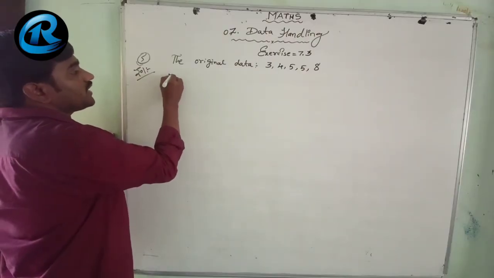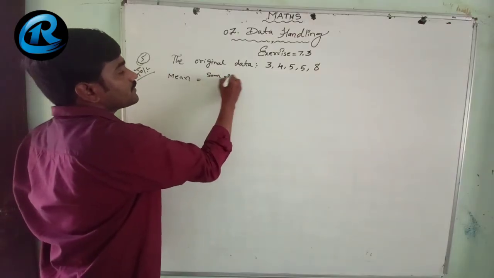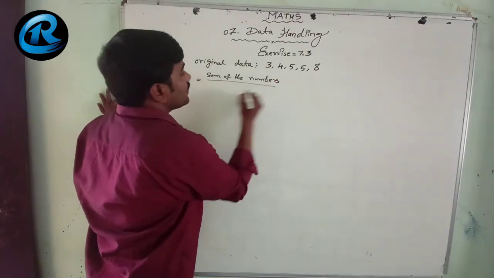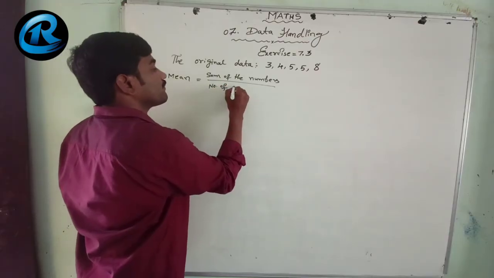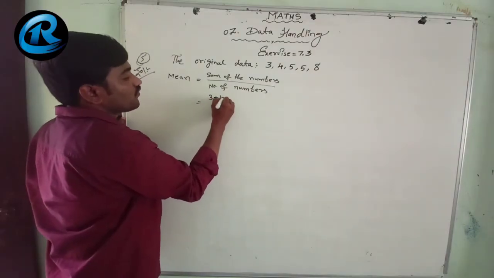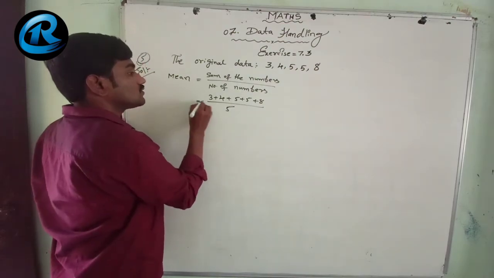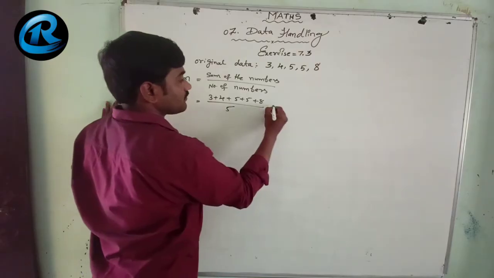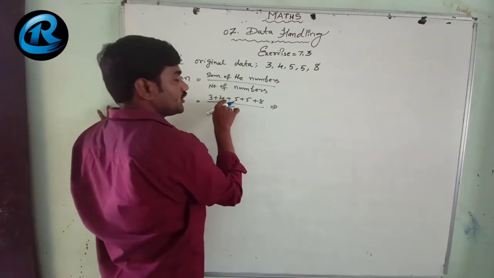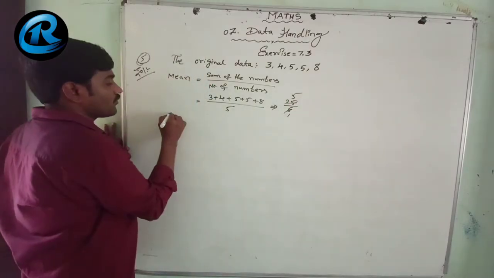So the mean of the data now. Mean equals the sum of the numbers by the number of numbers. The sum of the numbers is 3 plus 4 plus 5 plus 5 plus 8, divided by the number of observations, which is 5. So let us add this all. What will we get? 5 plus 5, 10, 10 plus 8, 18, 18 plus 4, 22, 22 plus 3, that is 25, divided by 5. Therefore, the mean equals